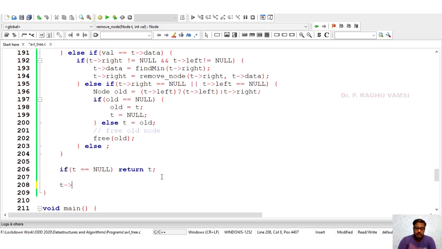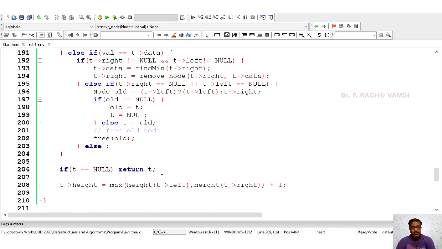That is, t height is equal to max of height of t left, comma height of t right, plus 1. This is the height adjustment that we did during the insertion. The same thing is to be done here also.